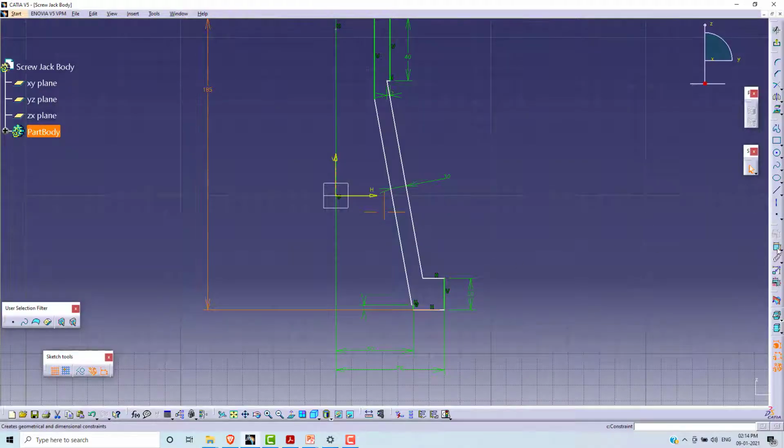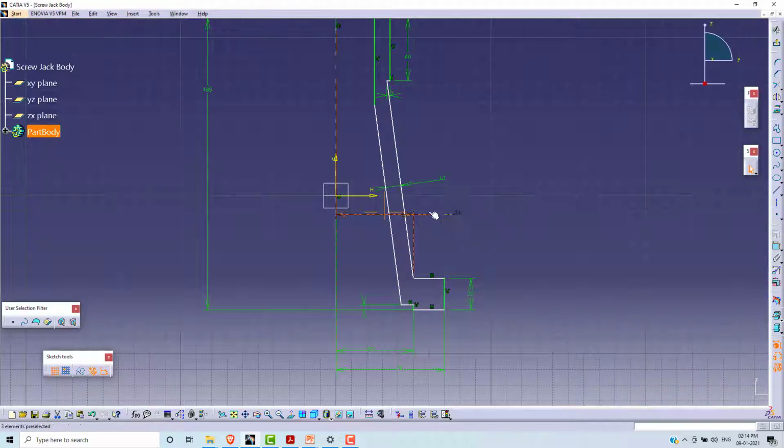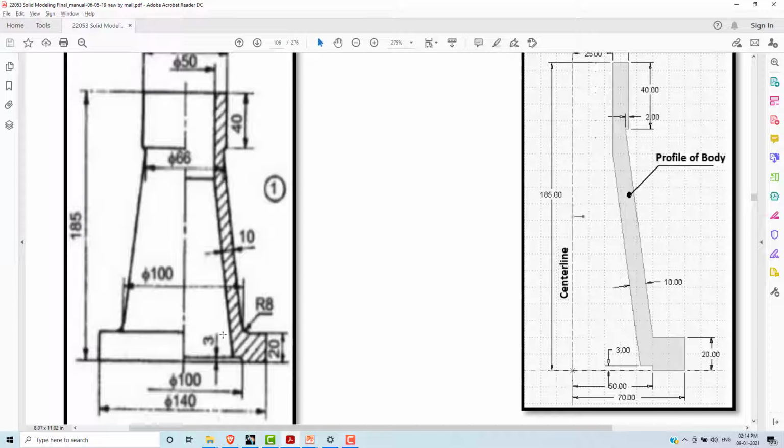This is 50. This line to this line is 50. This center line to this point is 50. Again, it is 50.